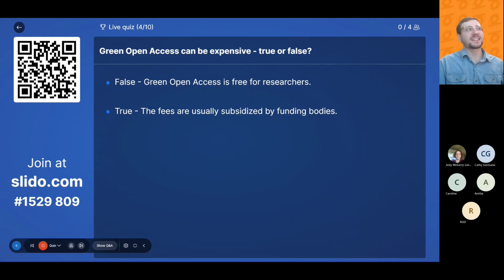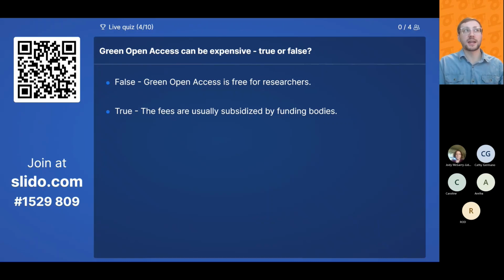All right, green open access can be expensive. True or false? False, green open access is free for researchers. Or true, the fees are usually subsidized by funding bodies.